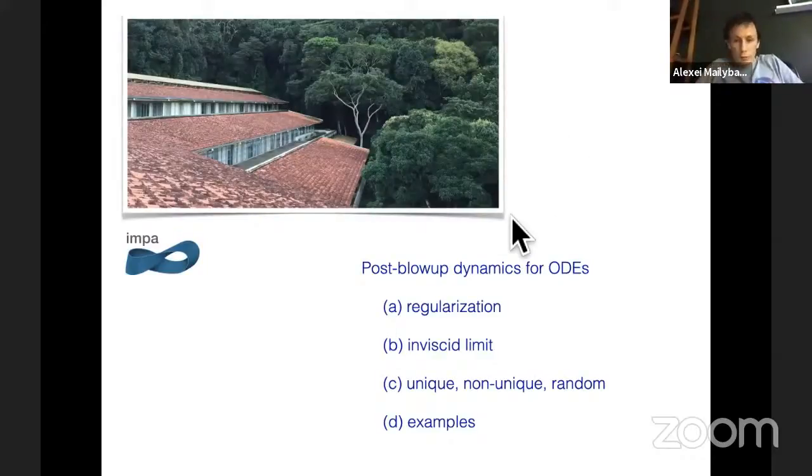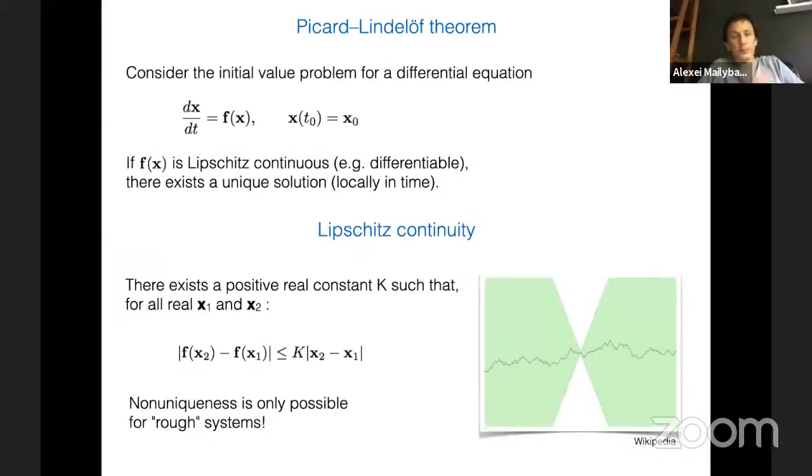Okay, so where we are. So let us start. Let us recall very briefly what we were discussing, and in which situation this spontaneous stochasticity in principle can appear. So we were talking that we need singularity in differential equations.